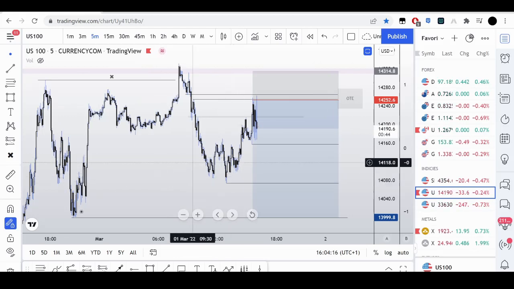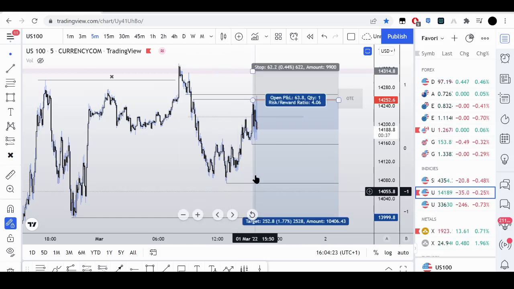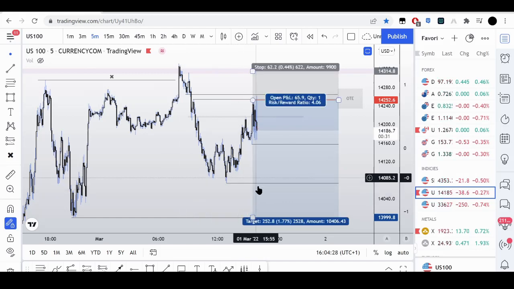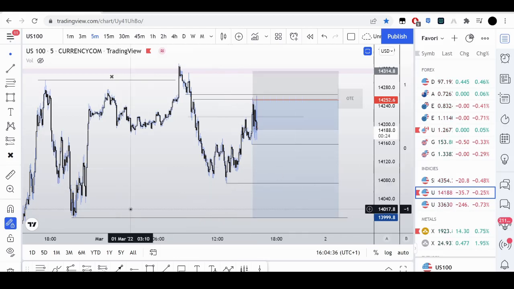I think it could possibly get down here, but I know for a fact it could easily get to here, at least on 1 to 3. So I'll be watching to see what price does after it hits that low. If there's a possible shift in delivery, I might just TP after it takes out this low, instead of holding all the way down here for 1 to 4, which would be nice.